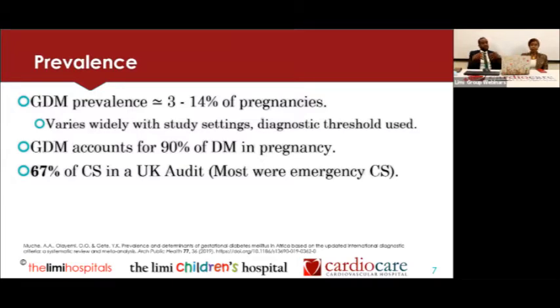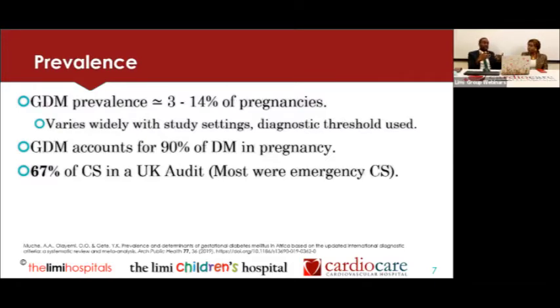Okay, but out of all the cases of DM in pregnancy, we know that the vast majority is GDM. Of course, there are many reasons that account for this. We know that the prevalence of type 2 diabetes increases with age, and the risk of DM is higher in postmenopausal people compared to premenopausal people. But GDM actually happens during pregnancy. So, out of all the DM in pregnancy, the majority is GDM,